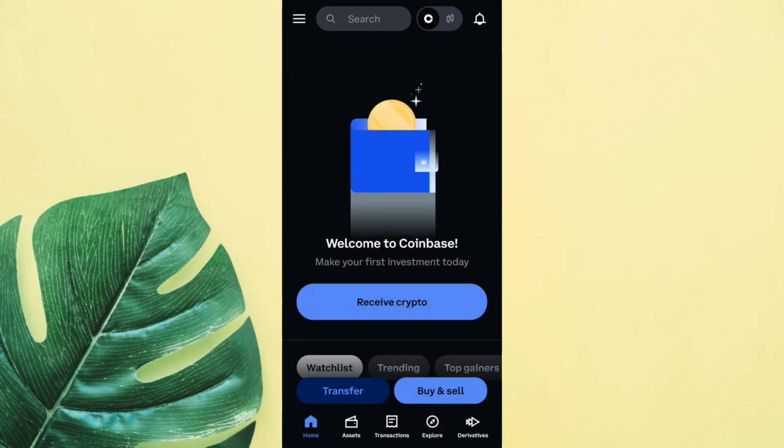In today's video, I will show you exactly how to send money from Coinbase to Binance in 2025. So whether you are moving your funds for trading, for staking or lower fees, this is the safest way to